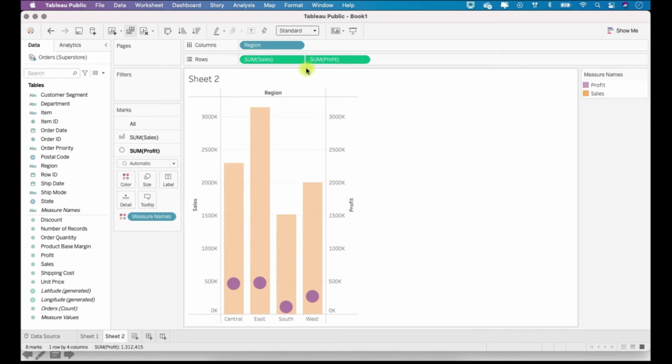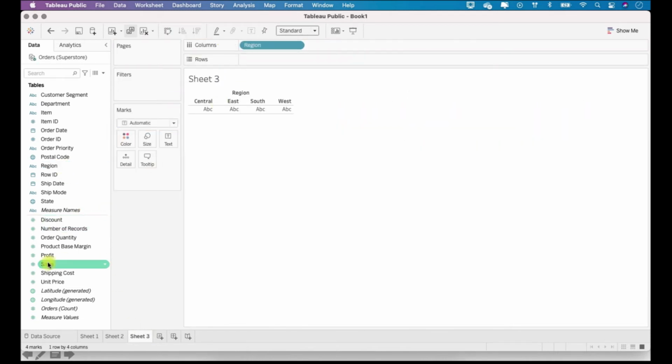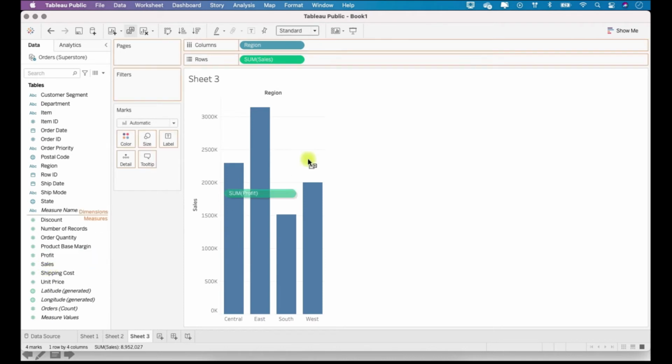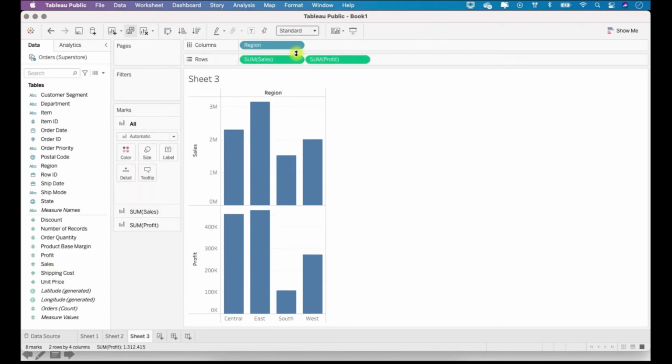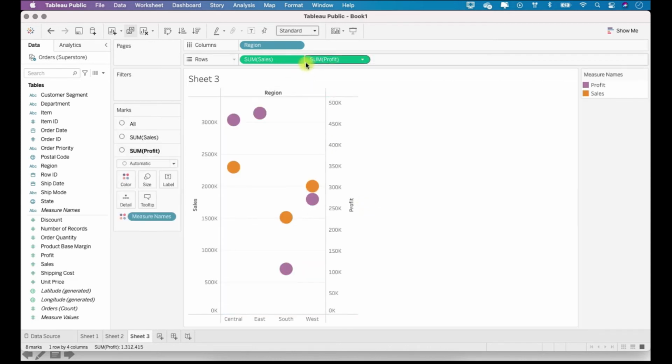And if you see here, before the dual axis option, these were rounded at both the ends. So if you see, I'll show this sales and then profit. Both the pills are rounded at both ends, right? So this means that these are individual axes. But the moment you click on the dual axis, you will see that now they have a line. They are not rounded, right? So basically this signifies this is one big pill and it's a dual axis.